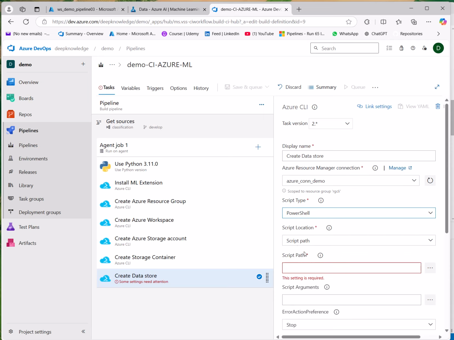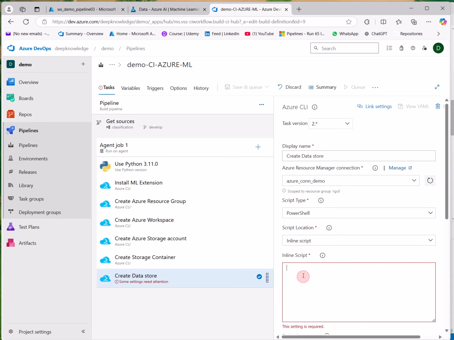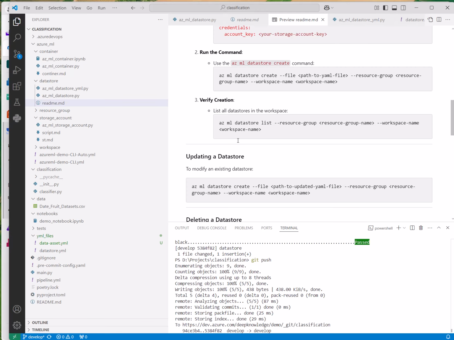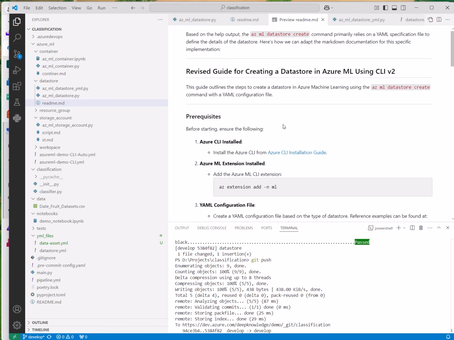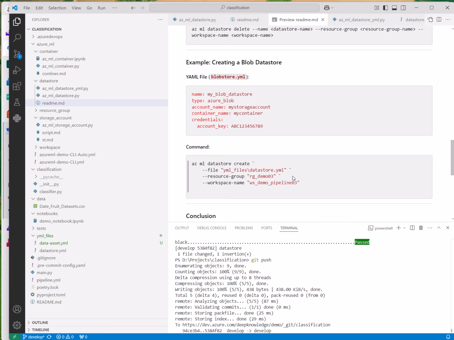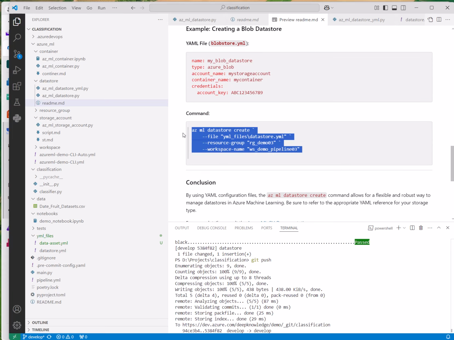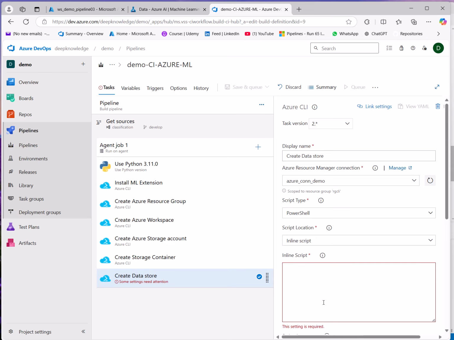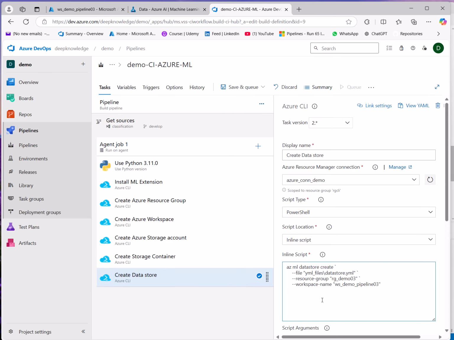Now PowerShell, as in the previous one, inline, and here I already showed you how to create the data store with CLI commands. Now I will just copy this command and paste it here.